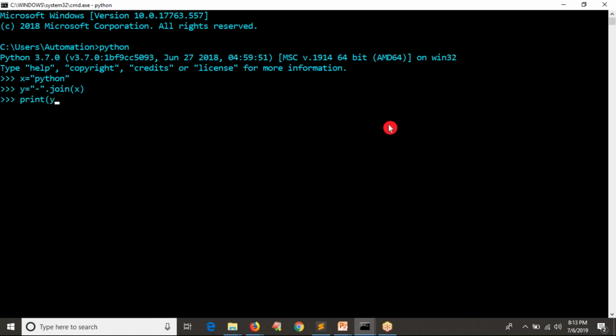Simply print Y, right? Otherwise directly you can print. See, as of now I'm printing X in this way. Now print, you can also do something like, suppose I'm adding stars between two characters in my given X. See the output? Or I want to print one by one letter, then add slash n.